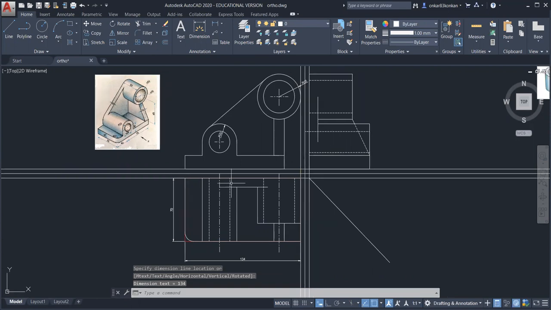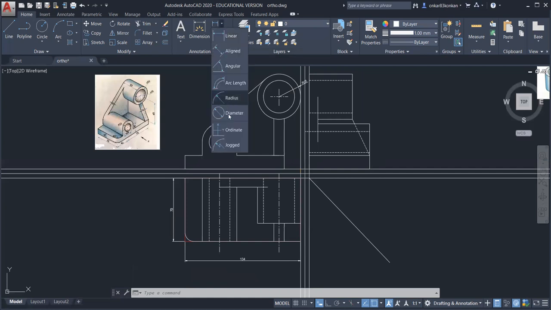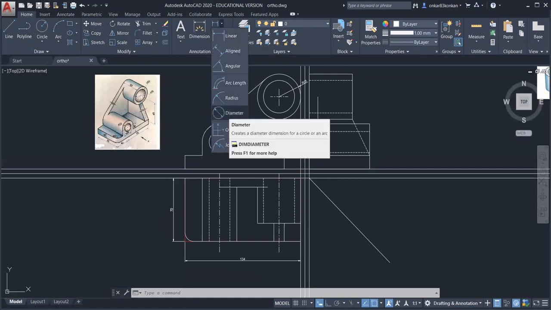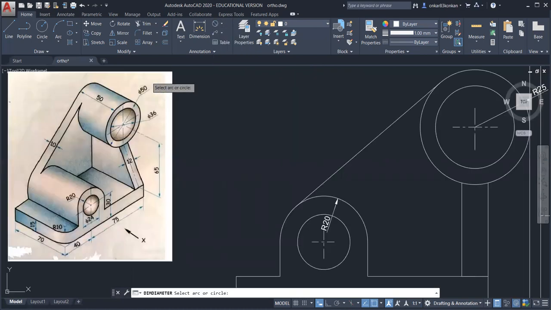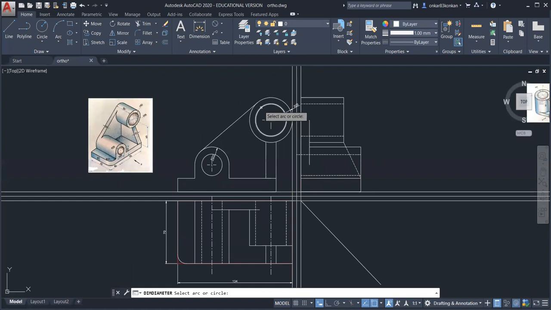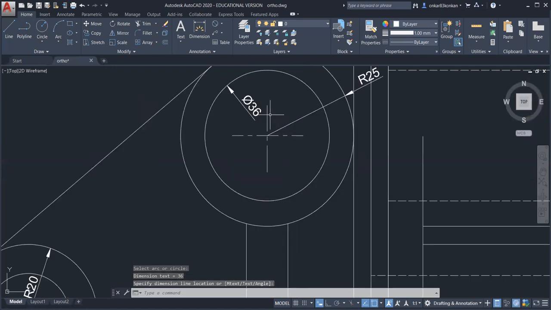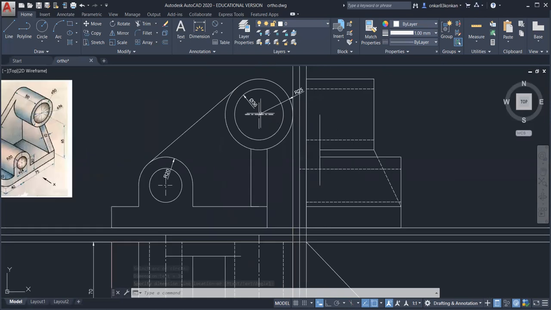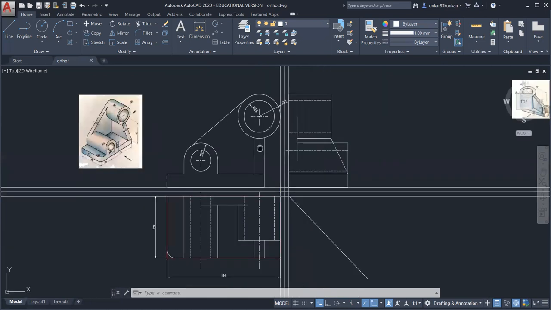Now if you want to give the dimension to these circles, then you can select either radius command or diameter. So right now here in the 3D object, diameter is given. So just select that circle. And you can see here, this 536 represents the diameter. Okay. So 36 mm is the diameter.